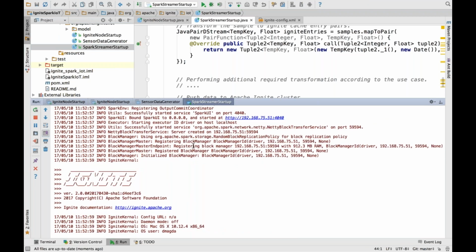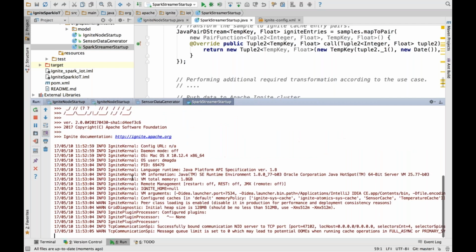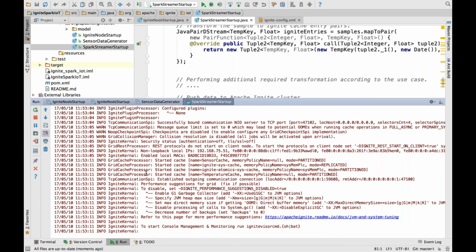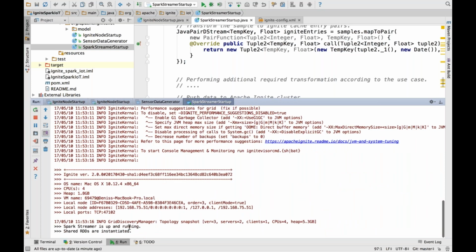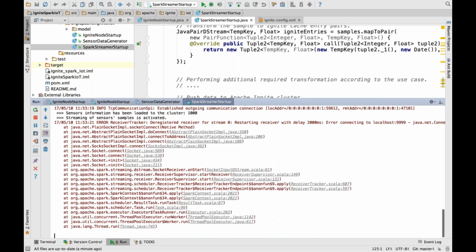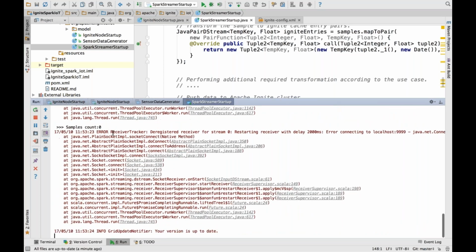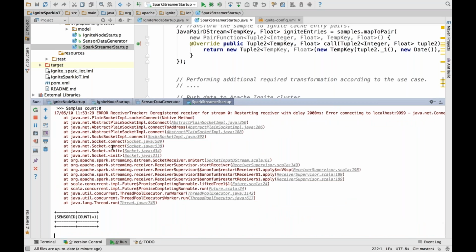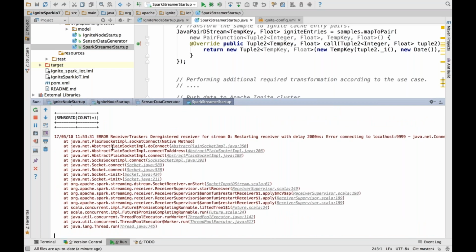Okay, let's start our Spark streamer. Okay, Spark is ready, Spark context is ready, and now Spark is trying to connect to the cluster. Spark is connecting as a client node, as a remote application, to our cluster. Okay, Spark is up and running, and we instantiated all our RDDs. We preloaded all the data, and this exception says that now the Spark streaming context is trying to connect to our devices to get data from there.